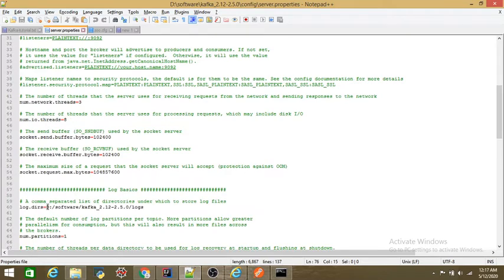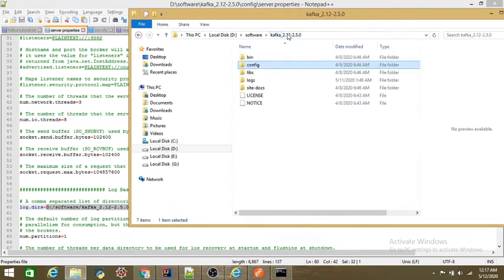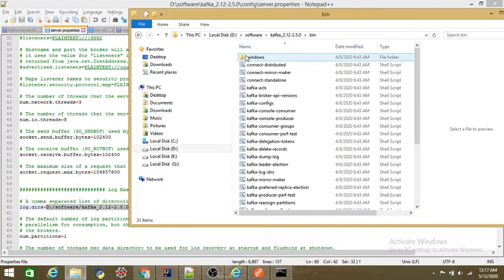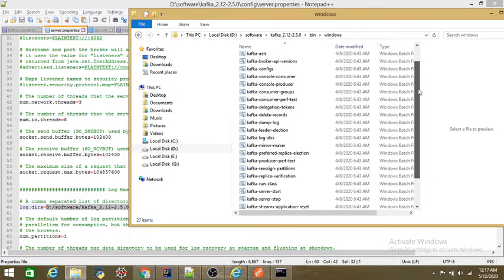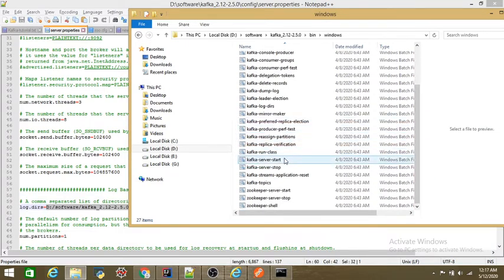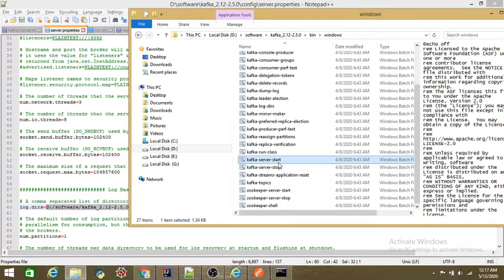So you have pointed out the log directory, then just come out of this configuration and come to the bin, where you will be seeing Windows. If I'm running on my Windows machine, I have to go here and start my Kafka server, kafka-server-start. You can see this Windows batch file. To start this, we need to go to this path, right?